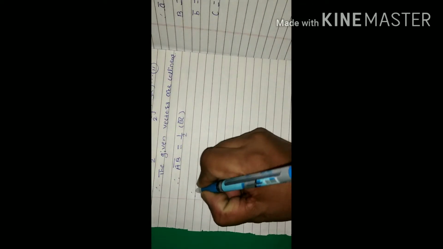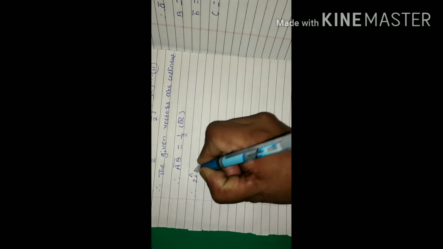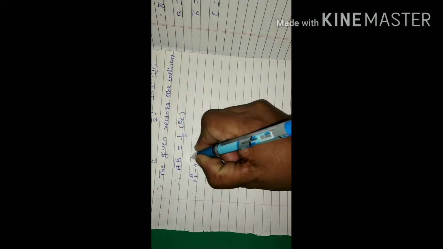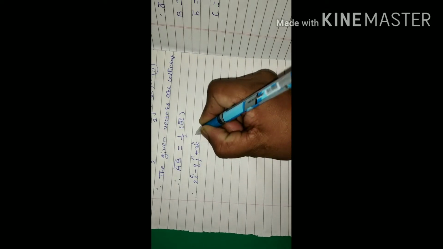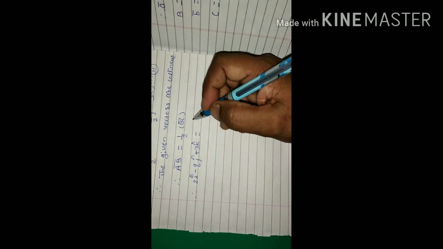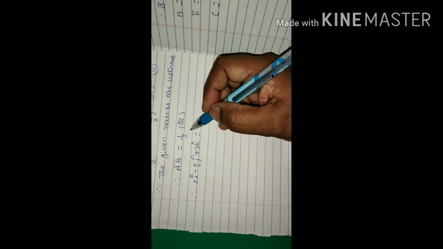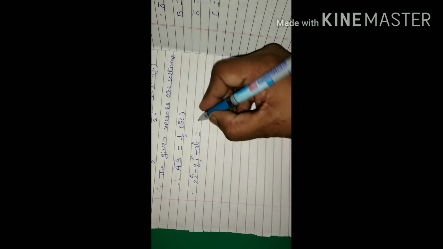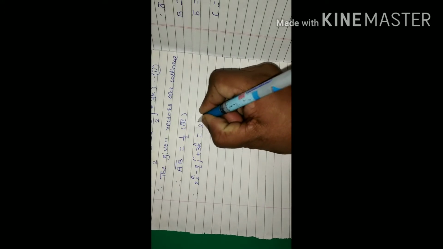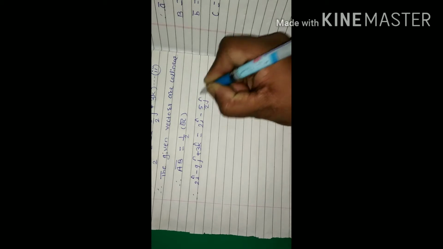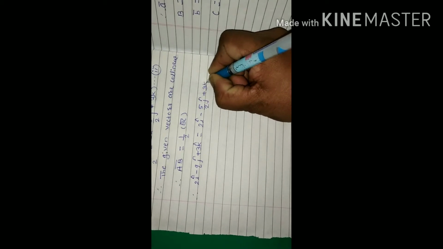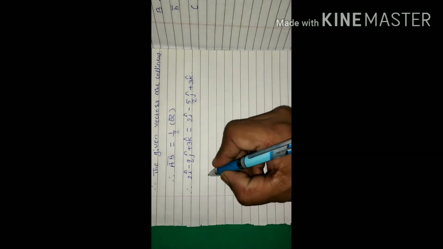We get the value of AB bar, that is 2i cap minus qj cap plus 3k cap, is equal to 1 divided by 2 into BC bar, that is 2i cap minus 5 divided by 2 into j cap plus 3k cap. By the equality of vectors,